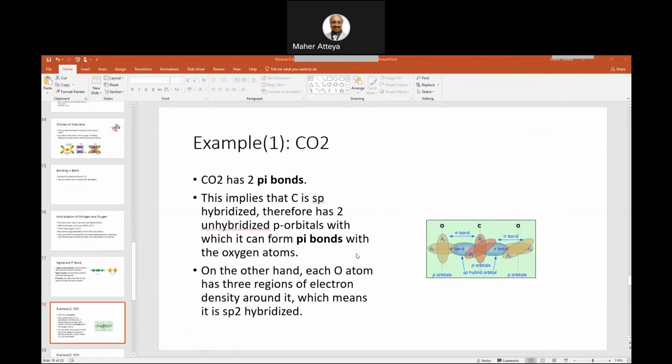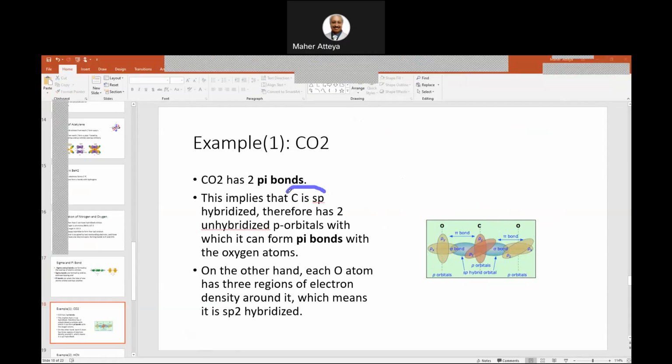So if I don't know the structure, I go and look at the shape from the formula. What's the shape of CO2? This is linear. So it has to be what? On carbon, I have to have sp. So just ask yourself here, because it's linear, carbon has to be sp hybridized. And then the unused p orbitals of the oxygens will make the double bond. Okay, so